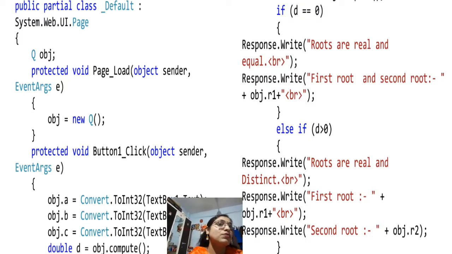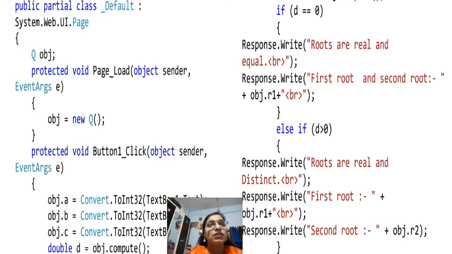And there is one more thing, that is while writing response dot write, br tag is used. So if you are making use of response dot write statement, then you can have HTML tags inside it. So what br tag does, it will simply take our cursor to the new line, right? Because of this, each and every root, or the statements whatever we have used, will get displayed separately on separate lines. So this much we did, that is d greater than 0. Now else part is remaining, that is imaginary root.